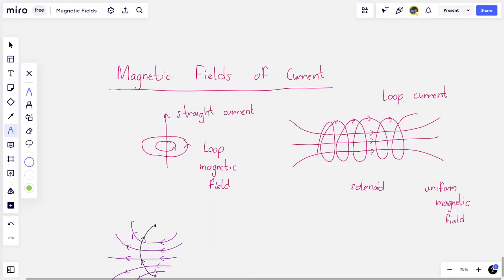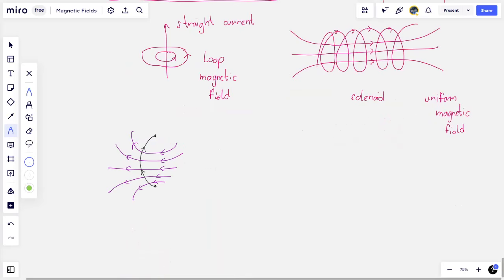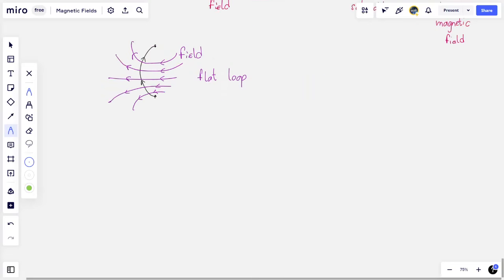And vice versa, if you were looking at a solenoid, the curl of your fingers gives you the direction of the current and your thumb tells you in which direction the magnetic field is. And so this is for a flat loop, and in purple we have the field lines. Okay, what's also important to remember here, and I'm not going to go into this in detail, is that if